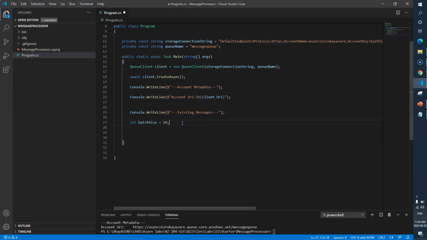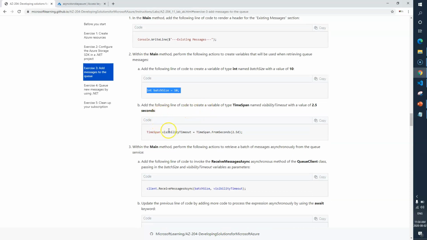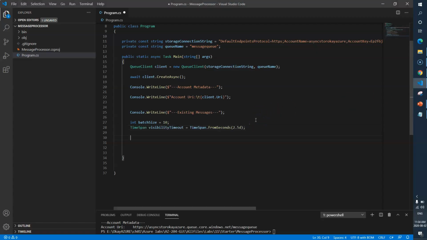Okay, let's create one. Next thing that we need to add is timespan dot from seconds 2.5. Basically, this line will set the visibility timeout with the value of 2.5 seconds. Okay, let me just copy and we'll add this one here.